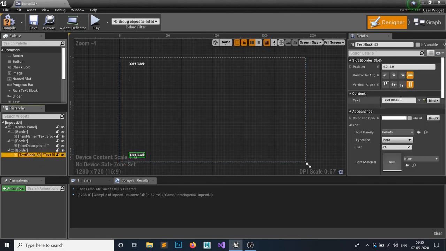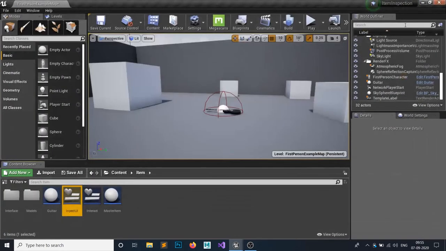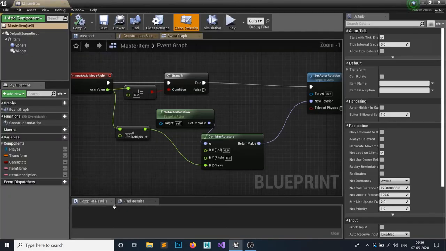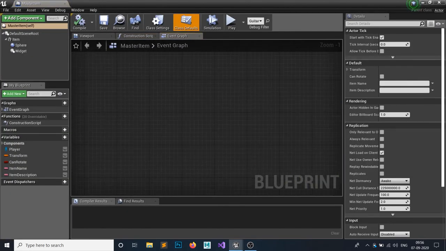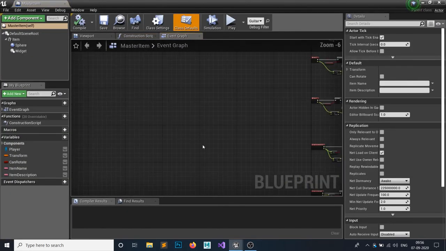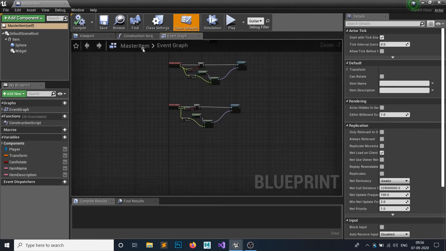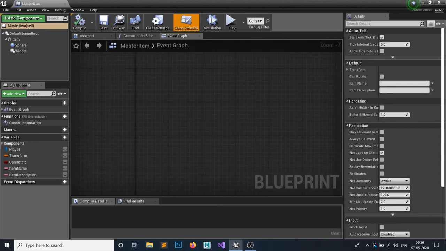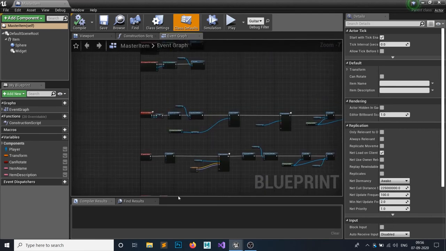And on your text box, just write E to close. So we will tell the user, please press E to close or say cancel. After closing, we have to create this inspect UI. So open your master item, and whenever you are pressing the E key, you have to create that widget.